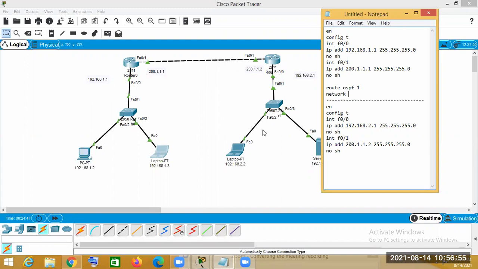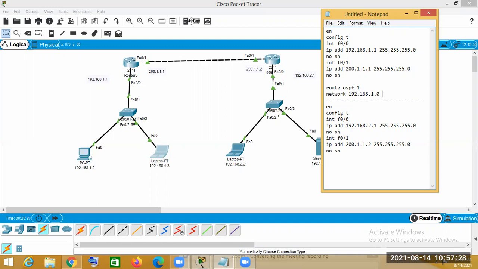Instead of 1, which is the default gateway address, the network ID will be 192.168.1.0.